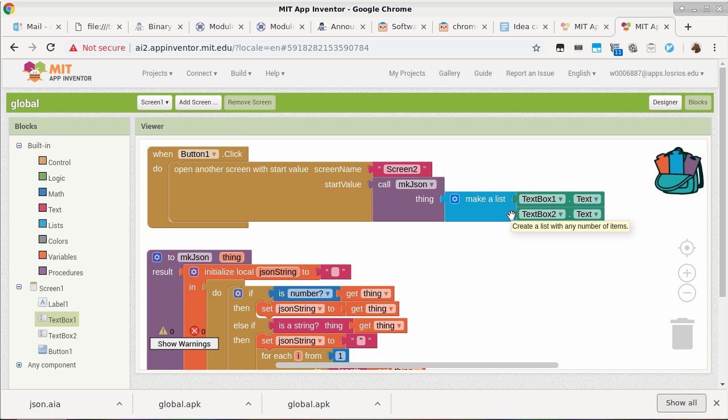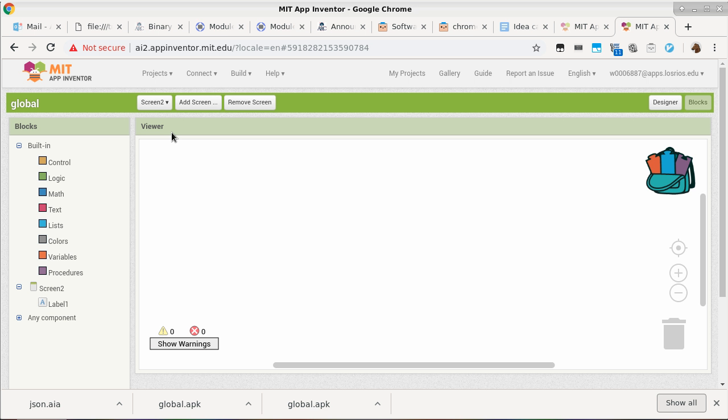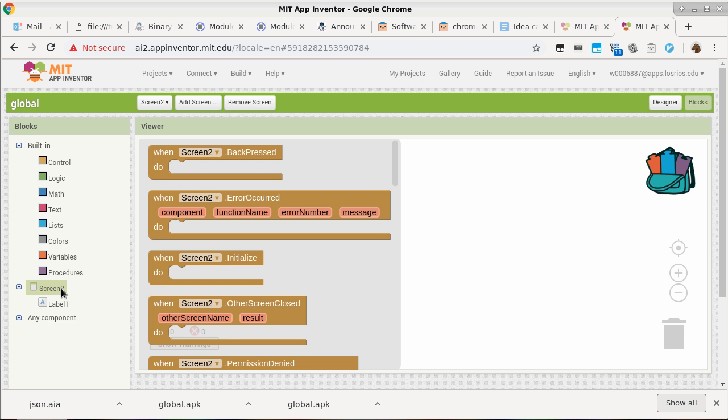This is the one throwing the ball. So I need to go to screen 2 and say, okay, am I catching it? Screen 2 currently is empty. There's nothing here, okay? So I need to specify some code at least to go like, yep, I got it. So the easiest way to do it right now is to go to screen 2, okay? So when you click on screen 2, just like any other screen, it has got a few events it can handle. It can handle initialize, which is basically when the screen first starts, okay?